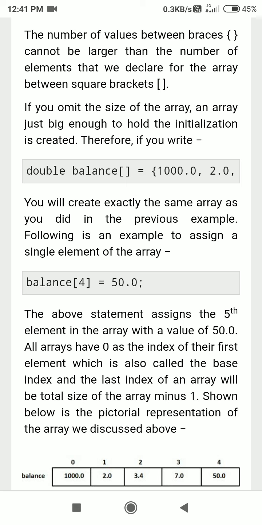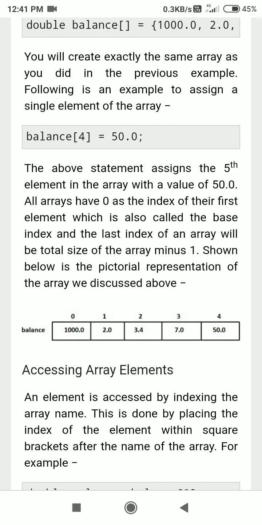And if you want, you can store each element by its index. Means if you are storing the fourth element of the balance array as 50, then the fourth element, the last element, will be 50.